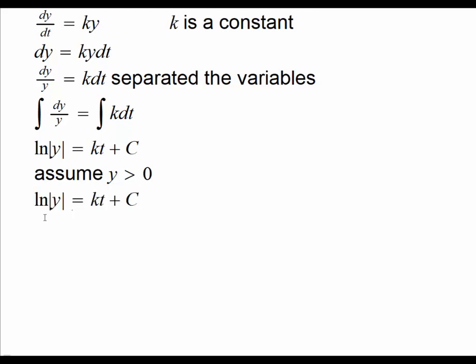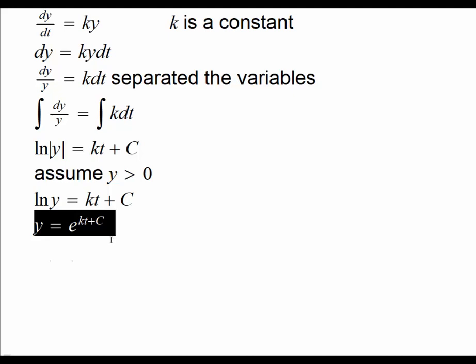We can just write the absolute value of y as y, and then you can solve for y in terms of t. Here in this case, it's easily possible. It may not always be possible to solve y explicitly in terms of t, but we will handle those cases